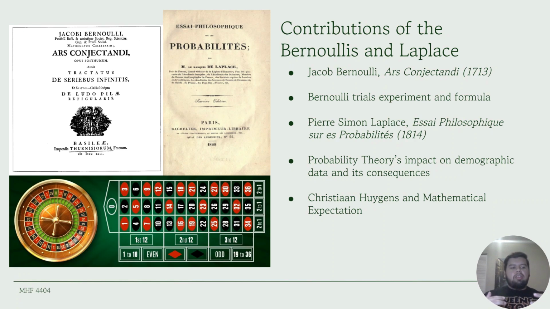To help show this demonstration, we circle back to Christian Huygens, because there was one particular work of his that I want to point out, which was his development of mathematical expectation. He took the concept of, again, betting odds and probable outcomes and constructed a formula to dictate the justifiable pricing and value for a buy-in whenever participating in these games. A big example, of course, is the gambling game roulette, where you pick a number or a range of numbers, and whatever number appears on the roulette wheel will determine your payout should it line up.